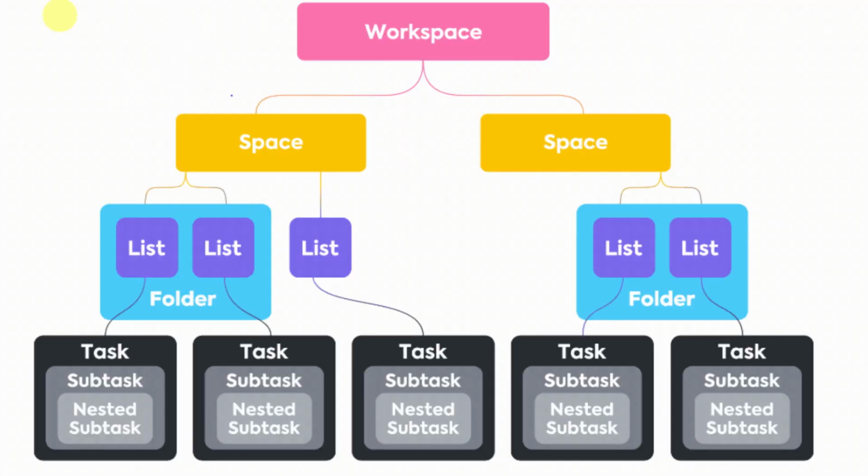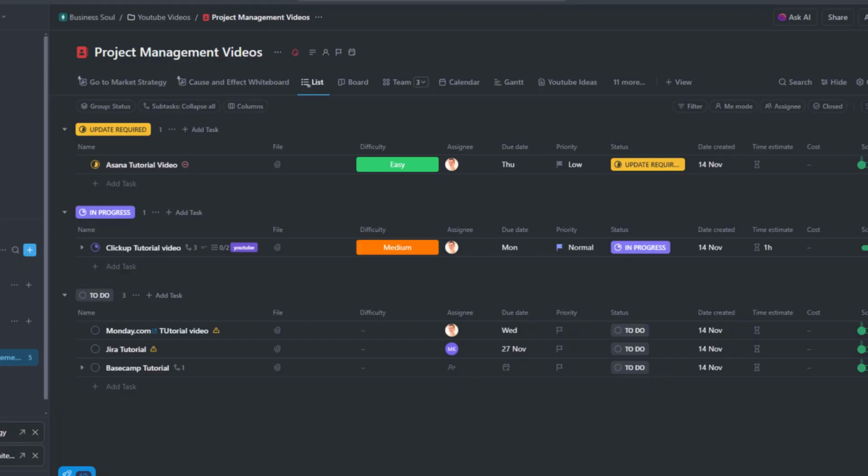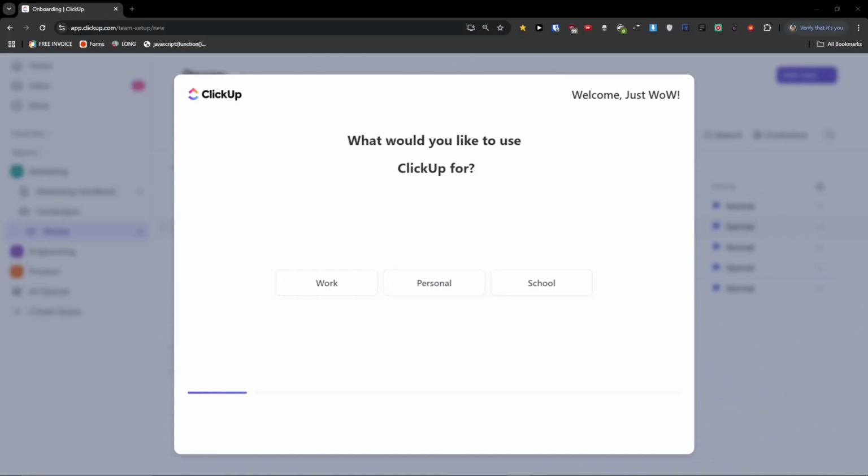And then we are going to dive deeper into hierarchy, and we are going to see how to create projects, how to create different views, tasks, and things like that. So this is going to be really fun, and I'm pretty excited. So let's start. So in this moment, when you are going to sign up with ClickUp, you will end up